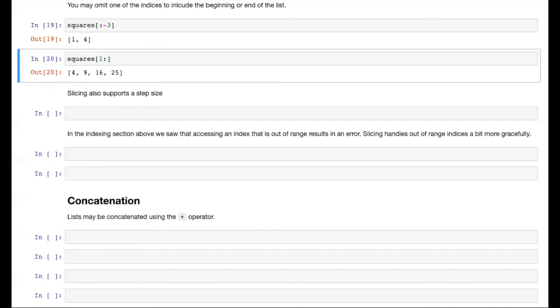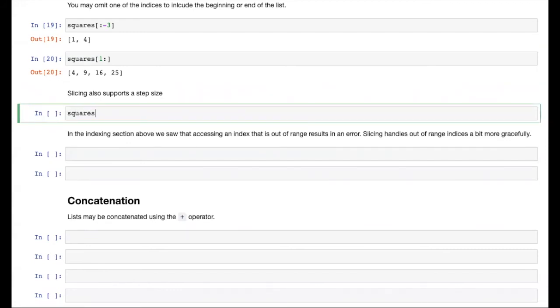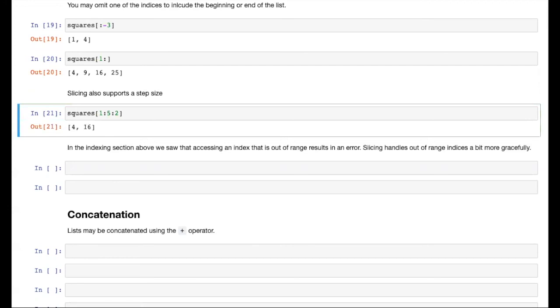Slicing also supports a step size. If we add an additional colon after the stop index, we can follow it with a step size. Now the default is 1, as we've seen, but we can modify this to say 2, for example, so that we get every other element in the list between our start index, 1 in this example, and our stop index,